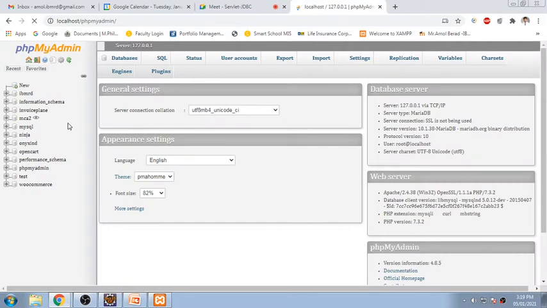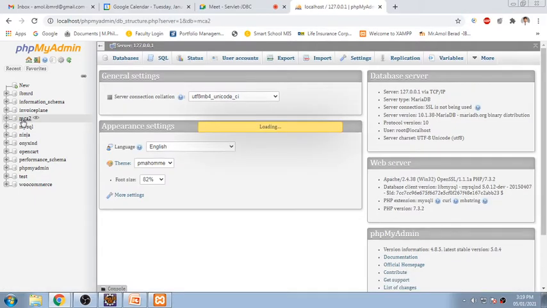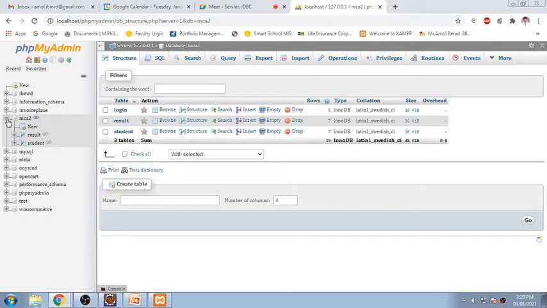One second, it is taking some time, but it will open. Okay, now it is open. Here we have created different types of databases. For the purpose of students I have created the MC2 database. When I click on this, you will find multiple tables we have already created. When I click on the plus sign, we have a login table, a result table, and a student table also. I click on the student table, and some records are already stored.